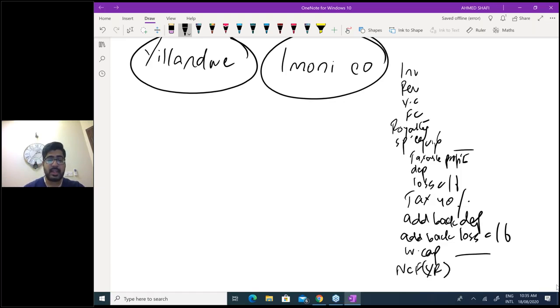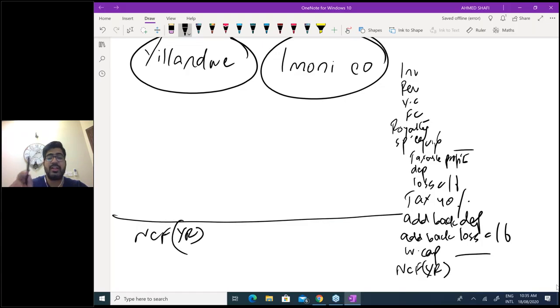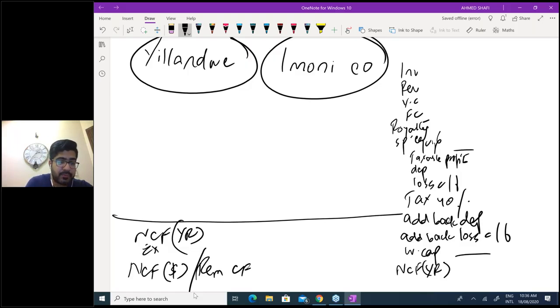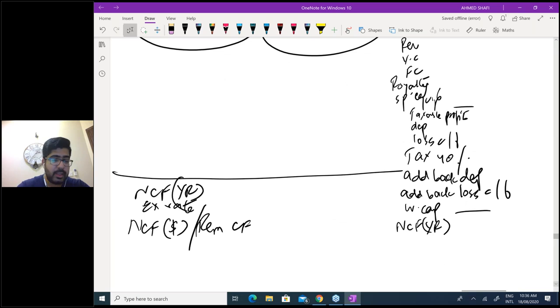Okay, now this is a scenario with overseas appraisal, that when you got net cash flows in Yalandwe rand, you won't let that cash remain there because Imani was in USA. All that cash would be remitted to your home country, called net cash flows in dollars or remitted cash flows. Okay, so you applied an exchange rate, but at the time of the exchange rate, I told you multiple times to remember this thing carefully. When you're investing in a project, you wouldn't use dollars. If rand was a numerator, it was a direct quote, you needed to multiply. But when you are remitting, you are now in your home country, USA. The dollar rate was in the denominator, it was an indirect quote, so we divided. Okay, we got net cash flows.